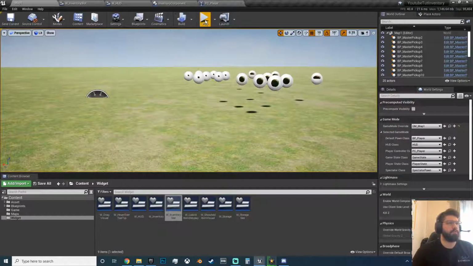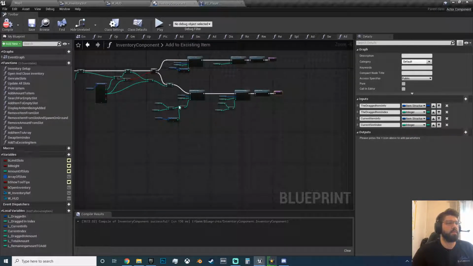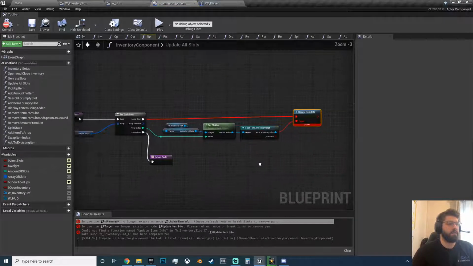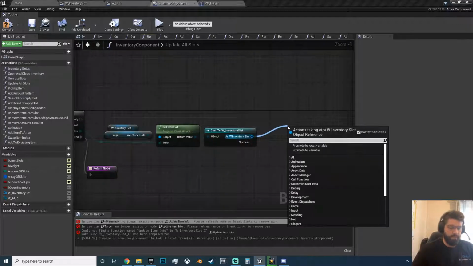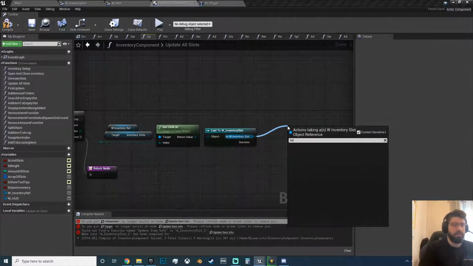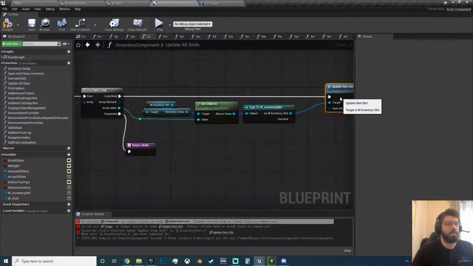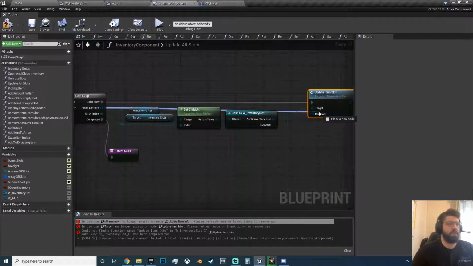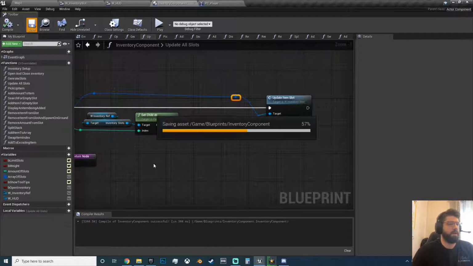So we should be able to now, inventory component is missing something. What are you missing? Yes, because we changed that. So we want to call the function version of that now, which is update item slot, and put in this array element in here, and I will drag that out so you can see it. That'll compile now,